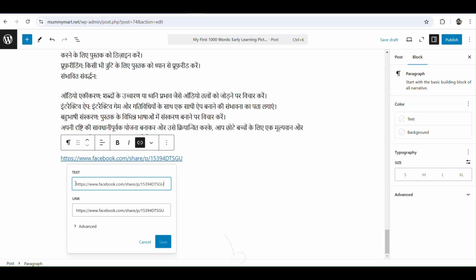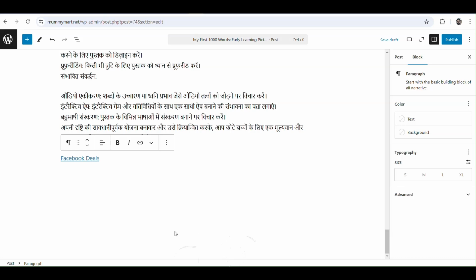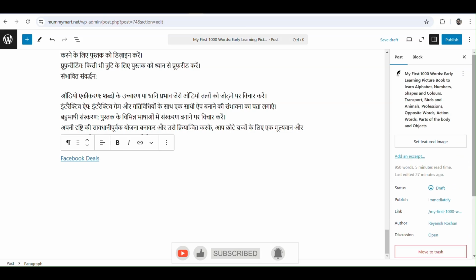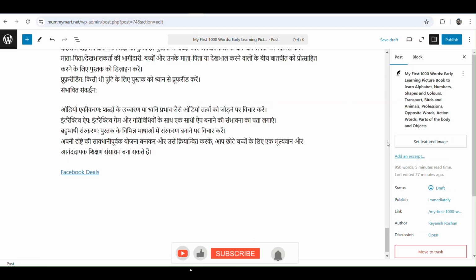edit, and type here. Type any text you want here and leave the link as it is. So I have just mentioned Facebook deals and then save it. And once we have selected our category, we can verify everything. If you want to make any changes, we can try to change those. And once everything is done, we can simply